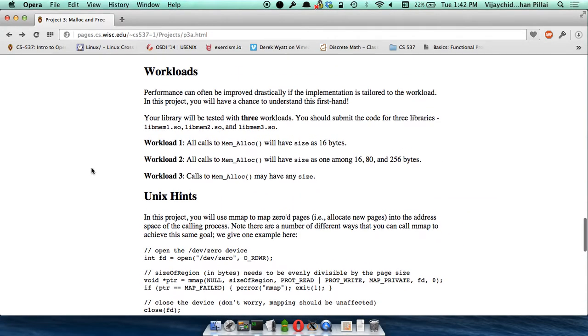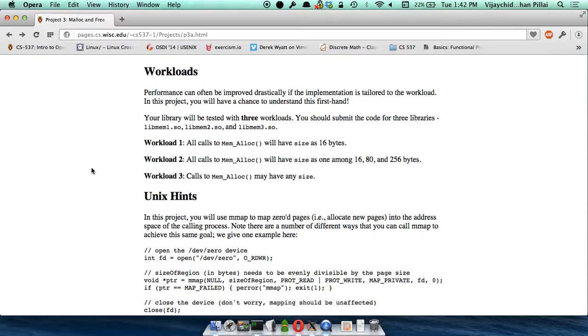We have 3 different workloads in this project. The first workload is just allocations and frees of 16 bytes. Whatever chunk of memory we give you, we will always allocate and free 16 bytes. This is one big hint as to what kind of structure you might use to do it efficiently.